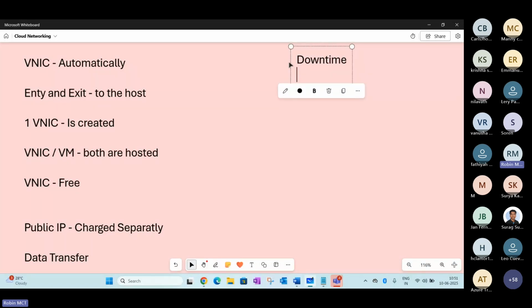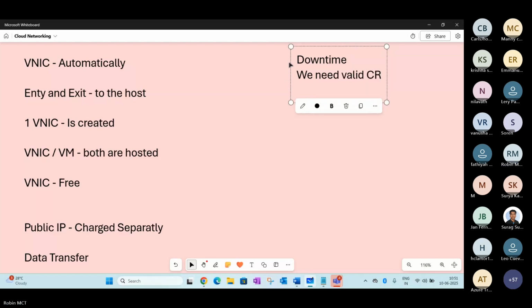So we need a valid CR, and this has to be approved by the CAB. So the ideal process is, whenever anyone is trying to do any kind of vNIC configuration, it's better to have a downtime. Without that, you cannot configure it here.